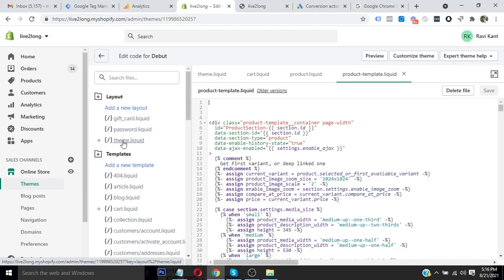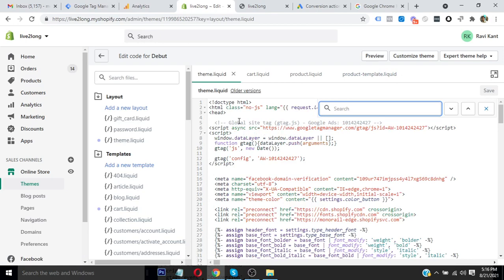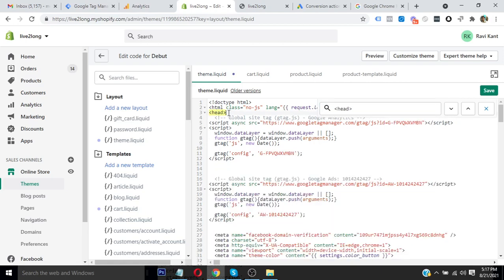Once we select this, we need to find the head section, and we can search and find it. After that, we can place our code just below the head section, and we have to click save.